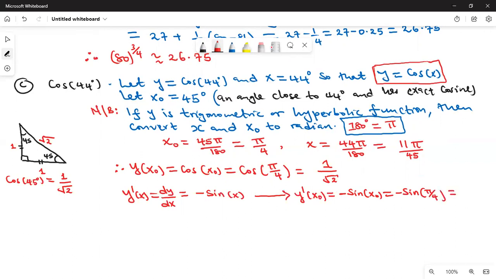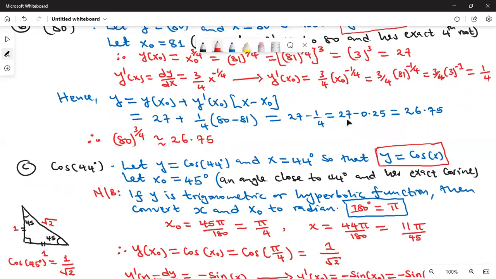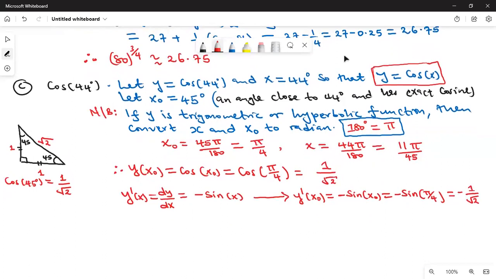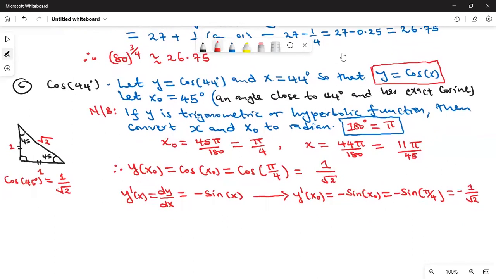What is sine pi over 4? Pi over 4 is 45 degrees. Read from the triangle. Sine is opposite over hypotenuse. And that again is 1 over root 2. So it is negative 1 over root 2. What else do we need? We have everything. And so just go back to the formula, substitute those values that you have found. So we are going to say that hence